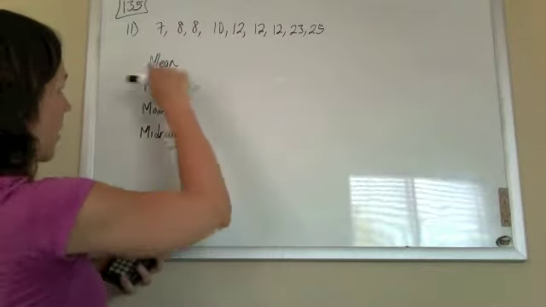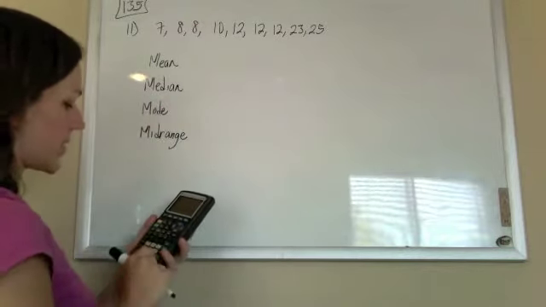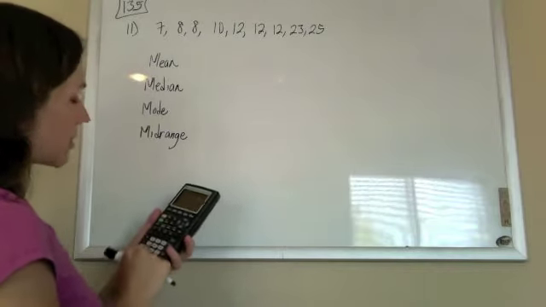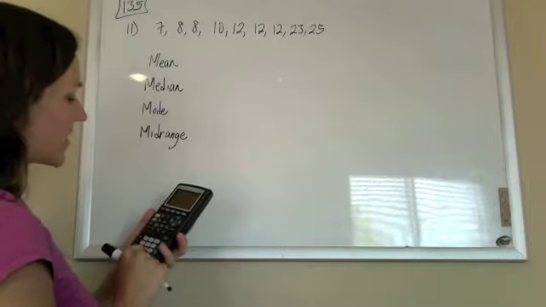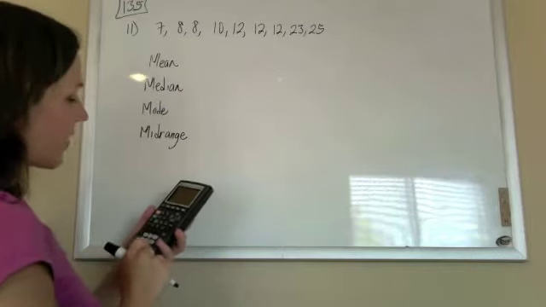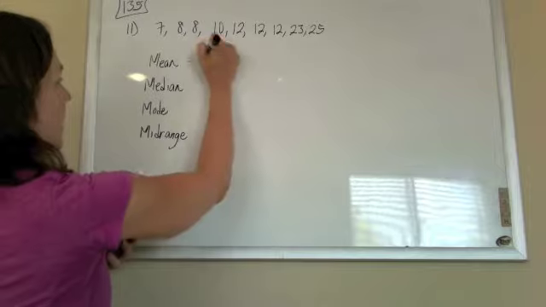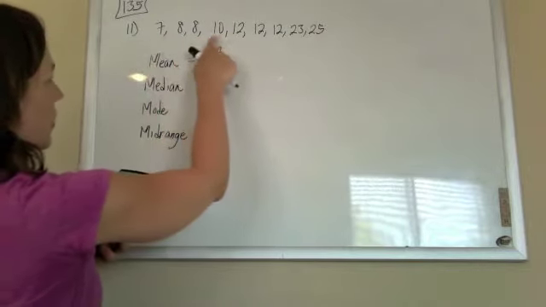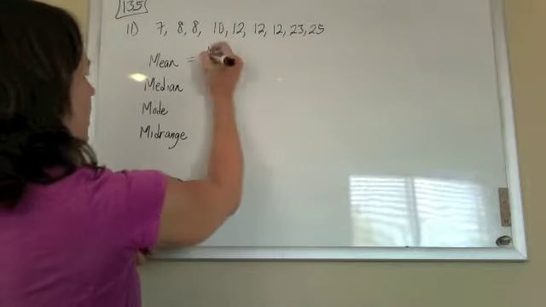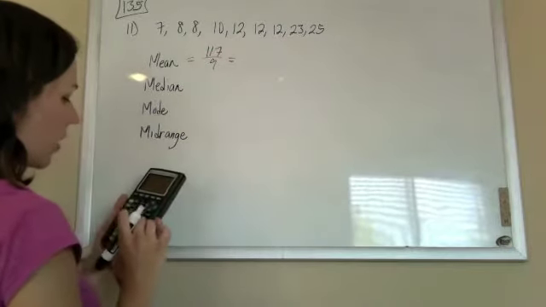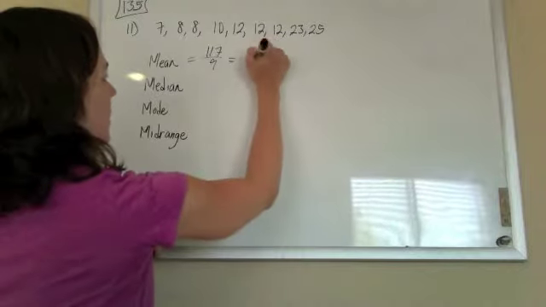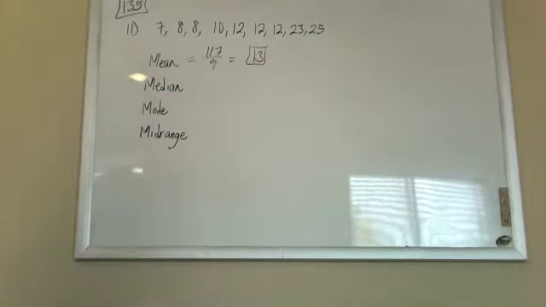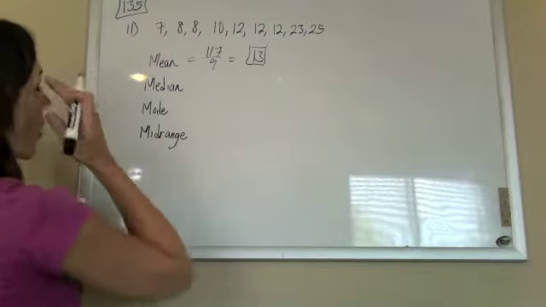So if I add them all up, I've got 7 plus 8 plus 8 plus 10 plus 12 plus 12 plus 12 plus 23 plus 25. So I get 117 when I add them all up. And then I'm going to divide by 1, 2, 3, 4, 5, 6, 7, 8, 9. So divide by 9, I get 13. So that's my mean. My median is the middle number, so you want to make sure that they're all in